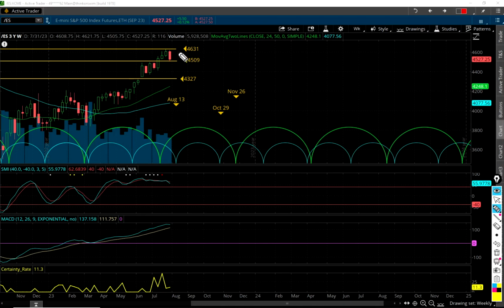Well, I get a big old fat red candlestick going on here. The range is 116, okay? So the low was, we'll call it, 45.06. What do you know? It came right on down and touched this line for the week. 45.06, here's 45.09. So I want to convey that these lines on here are what I talk about